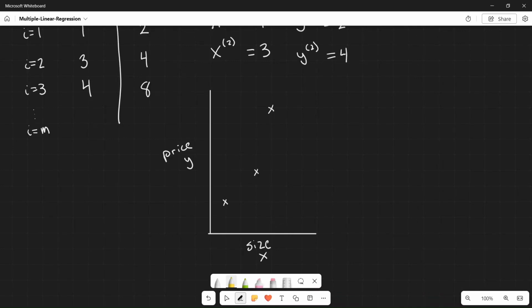Alright, now that our graph is set up, let's say we're given a new house of, say, size 2, so a size right here, and we want to predict the price of that house. Well, one thing that you could do is create a line of best fit given all the existing data, so that might look like a line like this. And once this line is plotted, we could say that a size of 2 might correspond with a price of 4. And then we can also go ahead and write the equation for this line,